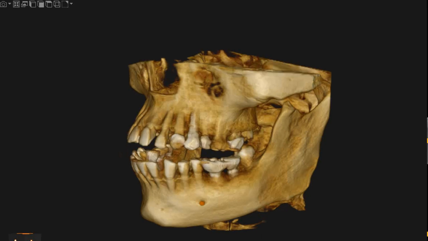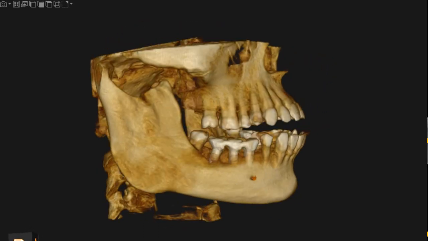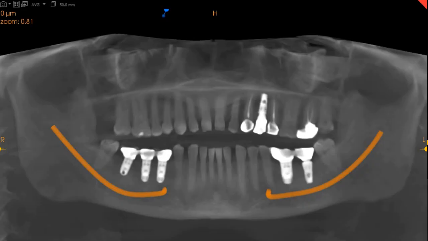This is the CBCT of the patient that you had requested. The area of interest is the lower right wisdom tooth and its approximation to the inferior alveolar nerve. On the panoramic view, you can very clearly see that the inferior alveolar nerve is touching the apex of the